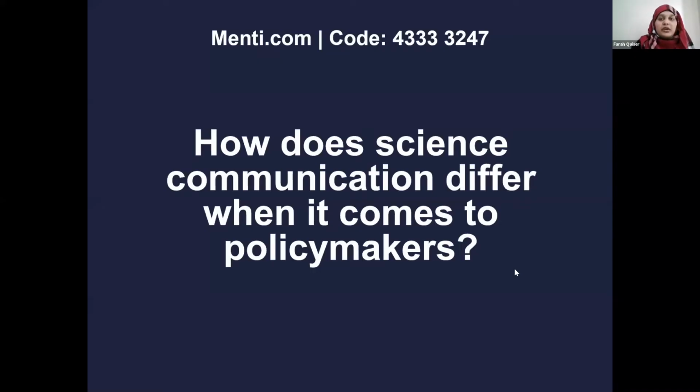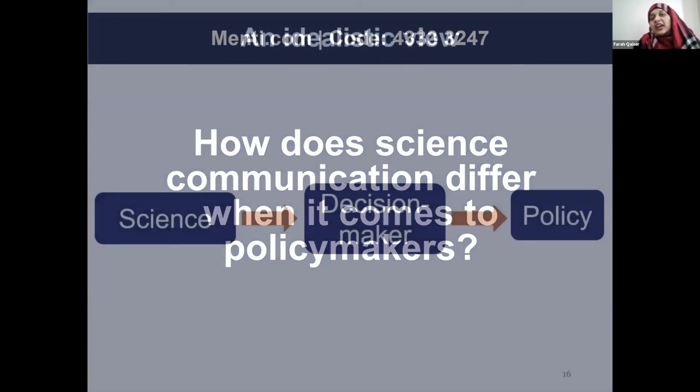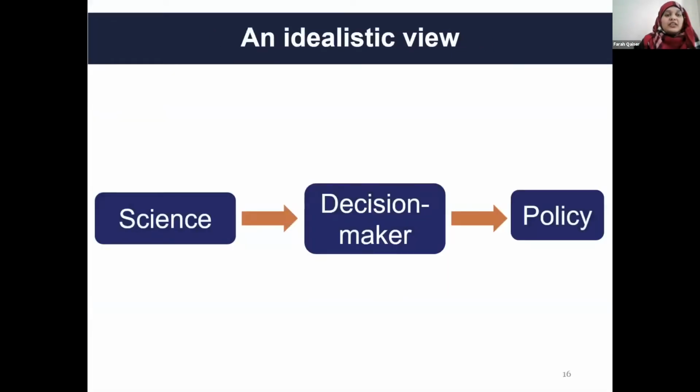I'm going to take a few slides now to talk about what we know about decision making. A very idealistic view about decision making is this idea that you can publish your science, you can publish your research, and now that that information is out there, a decision maker will read it, think about it, consider it, and use that to make a policy decision. But as you can imagine, it is not that straightforward. Firstly, you can start off with this idea that not all of science is accessible.